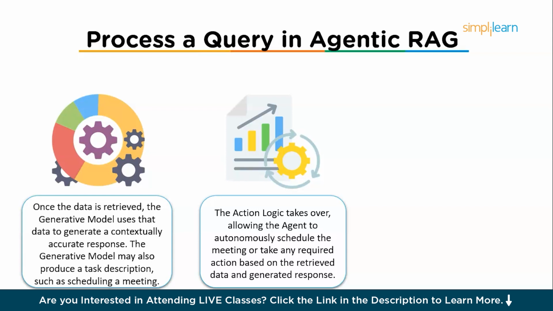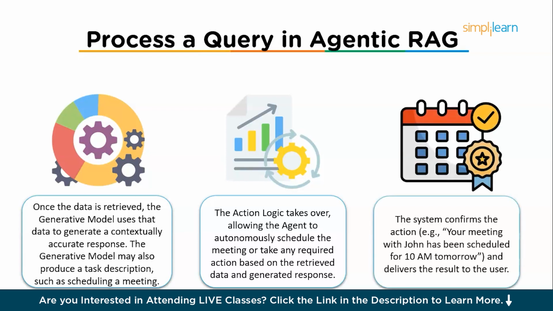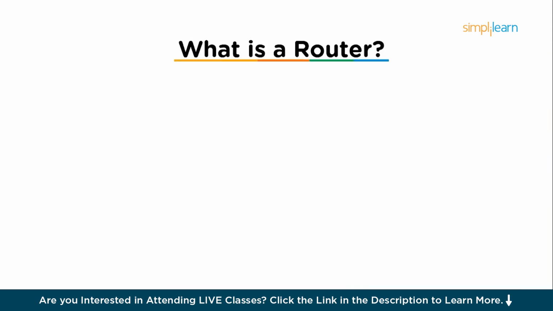Now after that, the final step is completing the task. The system confirms the action, for example, your meeting with John has been scheduled for 10 a.m. tomorrow, and delivers the result to the user. So after understanding how to process a query in Agentic RAG, in the next chapter, let's understand the router query engine in detail. In the world of artificial intelligence and natural language processing, one of the essential components